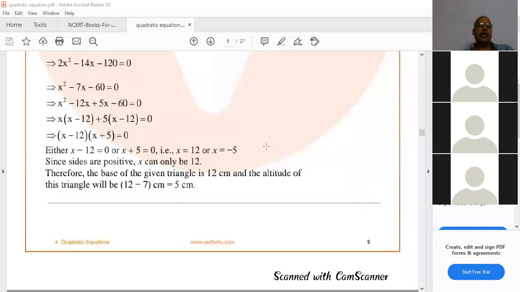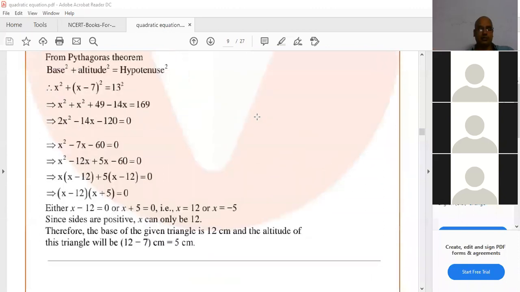You can check with the Pythagoras theorem also. 5 square plus 12 square equal to 13 square. 5 square means 25, 12 square means 144. 144 plus 25 is 169. Root 169 means 13 centimeters. Hence my hypotenuse is 13 centimeters. Like that, orally you can check your answers. If by mistake you wrote factors wrong or any simplification wrong, you can check orally like this with the Pythagoras theorem, then your answer is correct. Is it okay, amma? Understand? This sum they gave so many times, amma. This sum: the altitude of a right triangle is 7 centimeters.